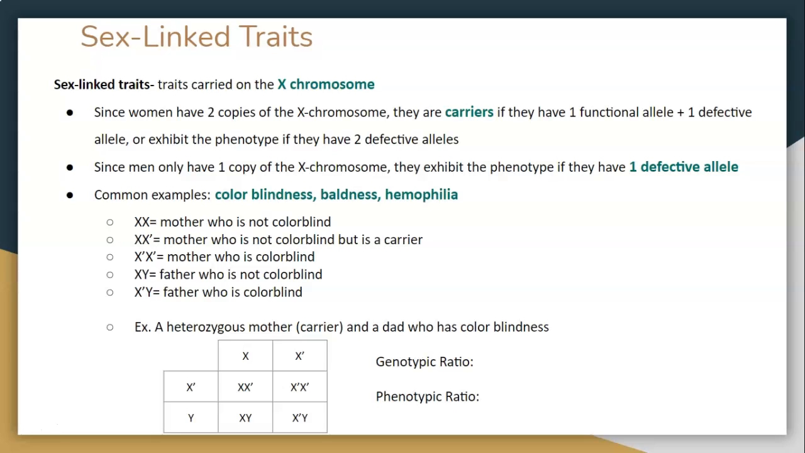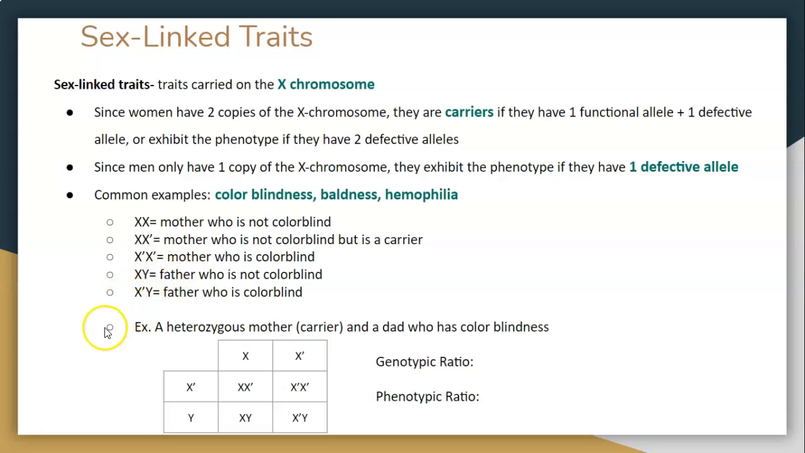Now again, looking at these different genotypes, you can see that XX is just a normal biological female, not colorblind. If you have the prime here, that means you would have the trait. In this case, you're a carrier because you have 1, but not both. Same on the third one, except now you have color blindness because both of the X's show the defective allele. And then when we get into biological males, XY, that would be normal, and then the X prime shows that